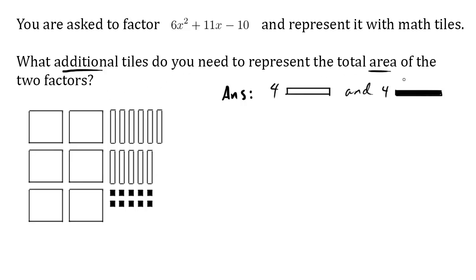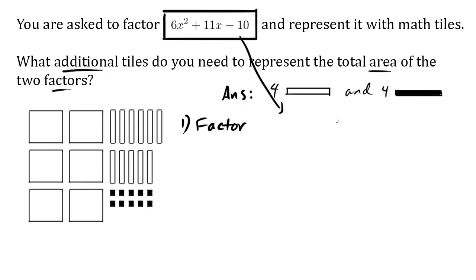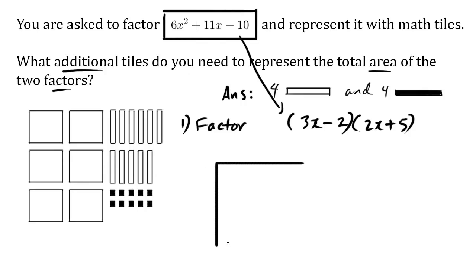We're talking about area and factors. So the key idea here is to generate this trinomial, we're going to figure out the factors and we're going to generate the area using algebra tiles. So this question can be time consuming, but step one is to factor. So we'll assume that you know how to factor. If you factor properly, this becomes 3x minus 2 and 2x plus 5. Once you know how to factor, you should be able to build up this nice algebra tile